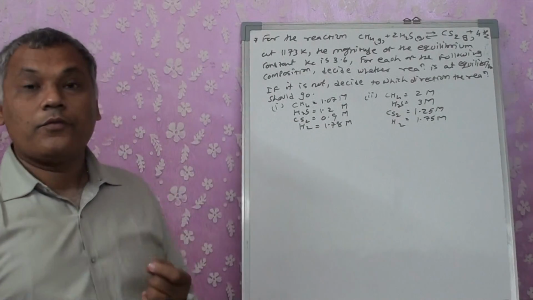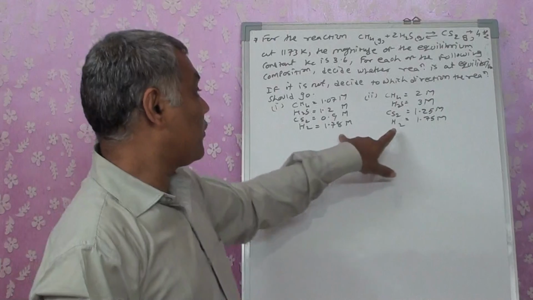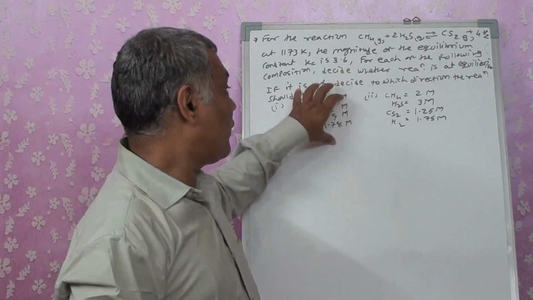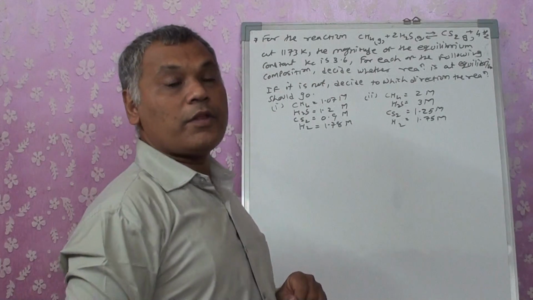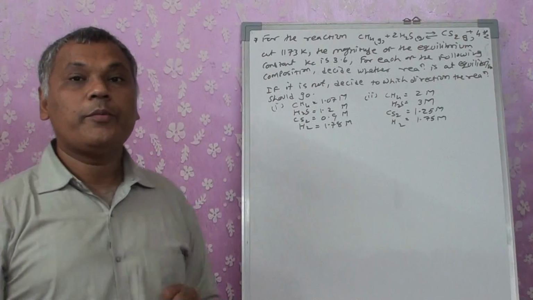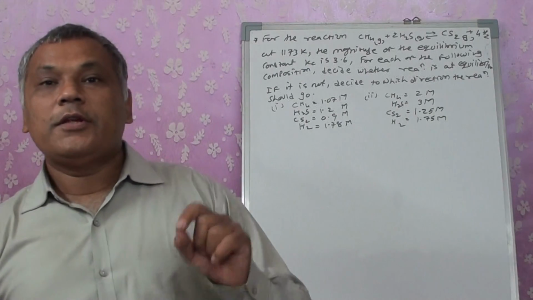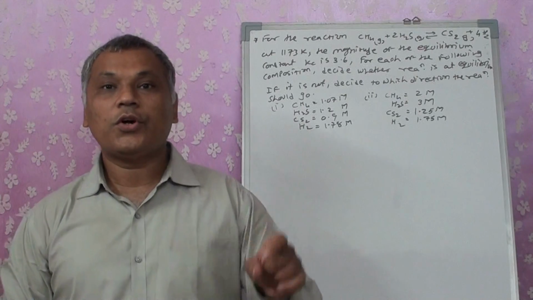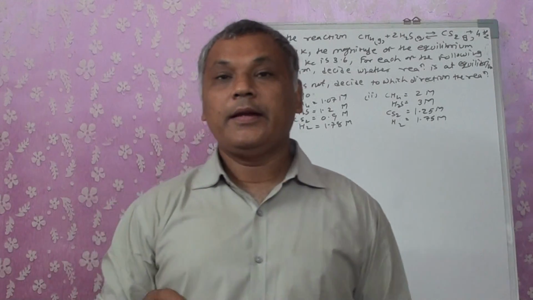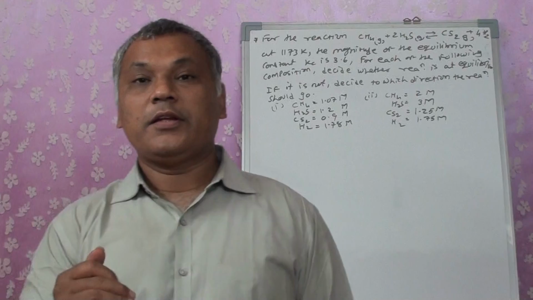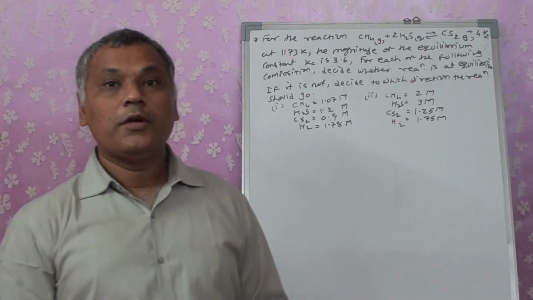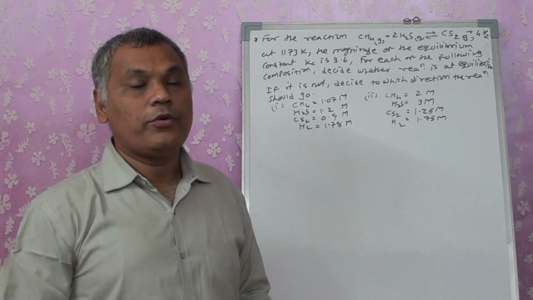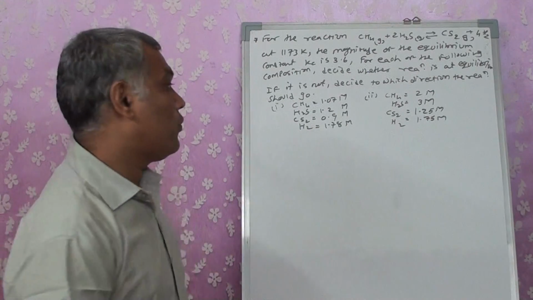Okay, here within the question we have been given two different sets of values. It is asked whether the reaction will be in an equilibrium condition or not. If it is in an equilibrium condition, then there is no need to go for any kind of direction. But if it is not in an equilibrium condition, then specify whether the reaction will proceed in the forward or in the reverse direction. So for this, first of all, again we will have to calculate the Qc.